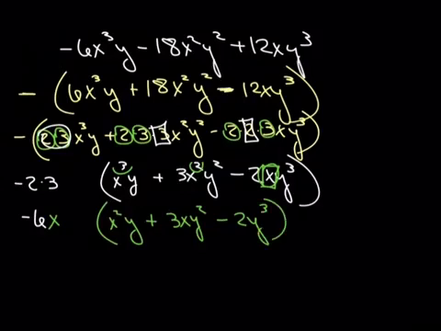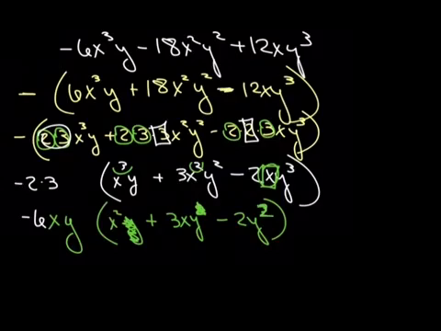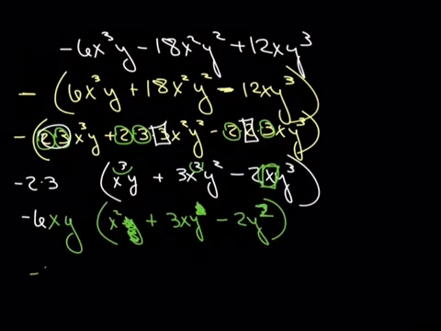Okay? Now I'm going to look at my y's. I've got a y here, 2 there, and 3 there. So the smallest exponent is a y, and I pulled that one out. I'm pulling one of those y's out here, leaving me with 1. So I just cross that out, and there's still 1 there. And I pulled 1 out here, and that leaves me with 2. So my final answer is negative 6xy times x squared plus